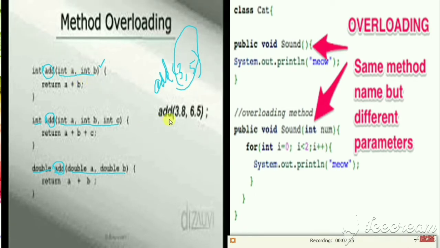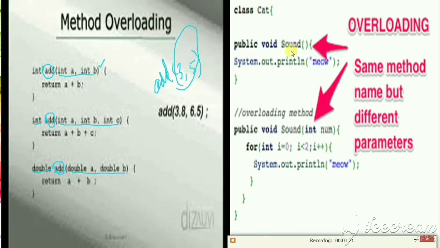But see here, add 3.8, 6.5, these are floating values, and these floating values are accessed by the third method, because the third method's return type is double. So according to the values, we can access the particular method. This is called method overloading.